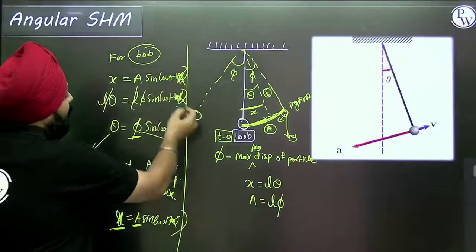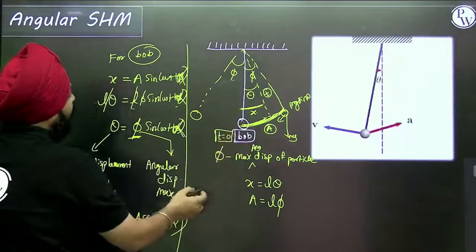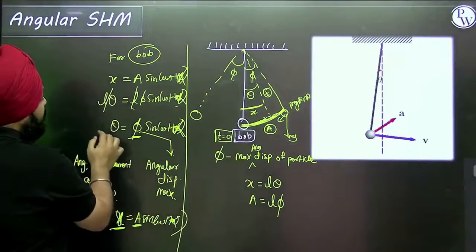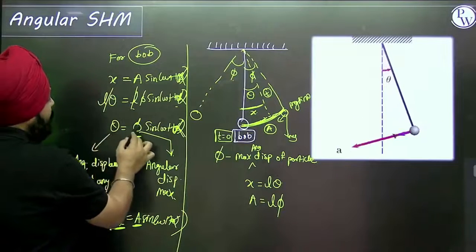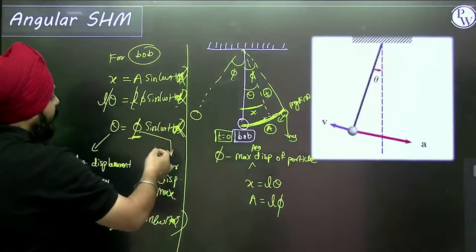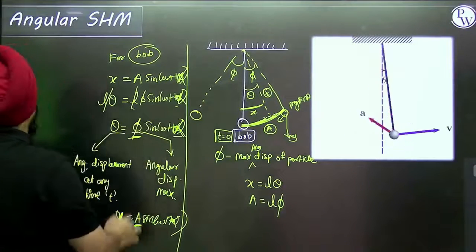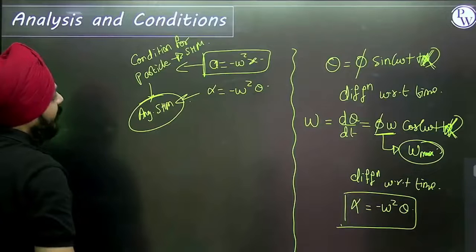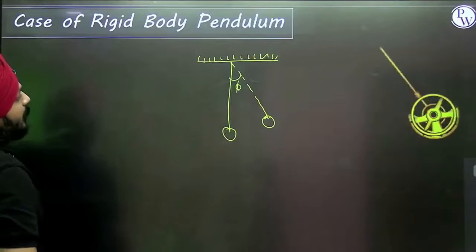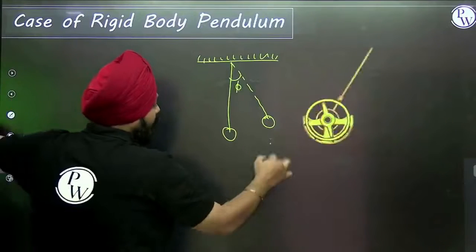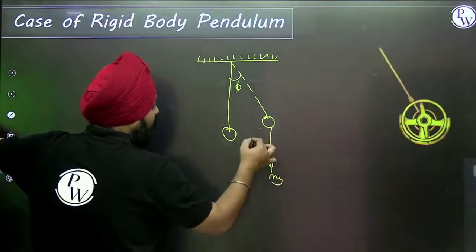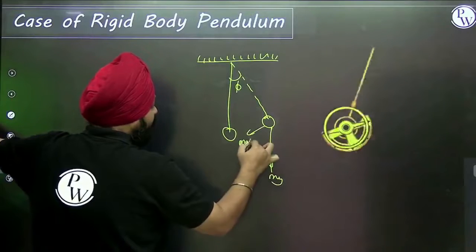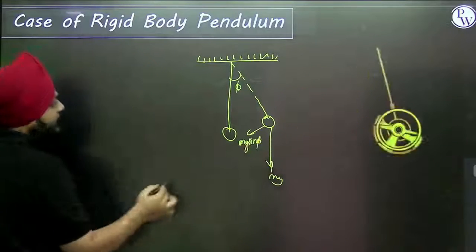Now, this angle is for the bob that is performing the SHM. This theta is the angular displacement at any time, and this phi is the maximum angular displacement. These three are different angles. Now, mg is acting in this direction here. mg sine phi is responsible for the